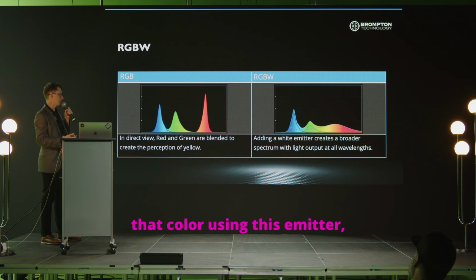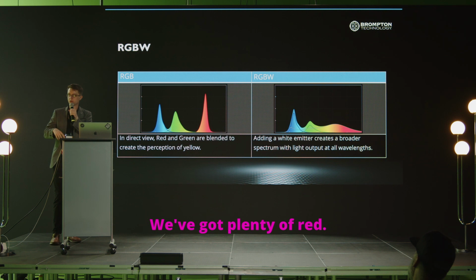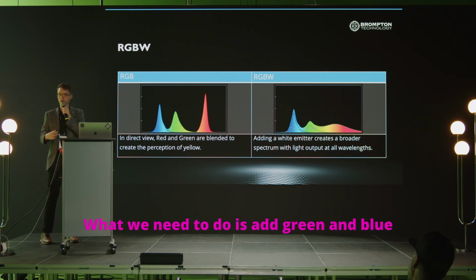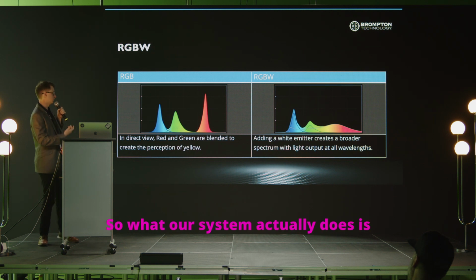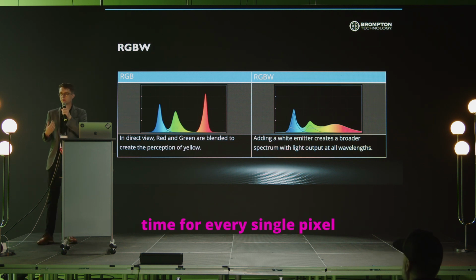And in order to produce that color using this emitter, we don't actually need any red. We've got plenty of red. What we need to do is add green and blue to balance out that very warm white and get the correct color. So what our system actually does is it does that in real time for every single pixel,